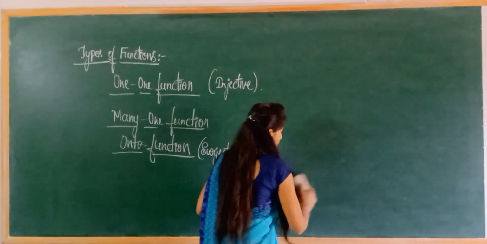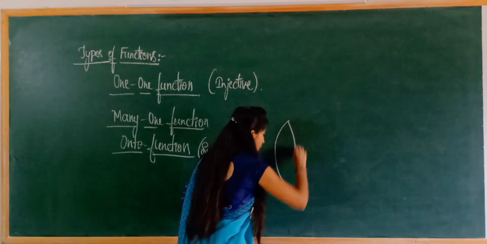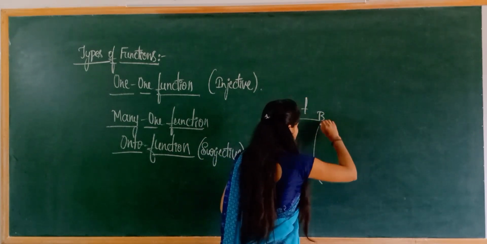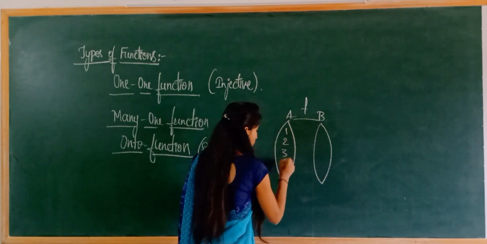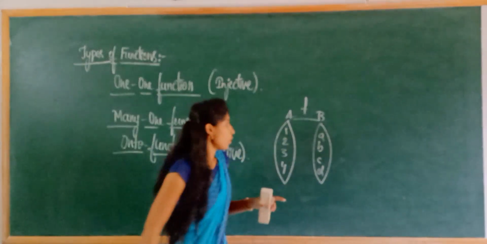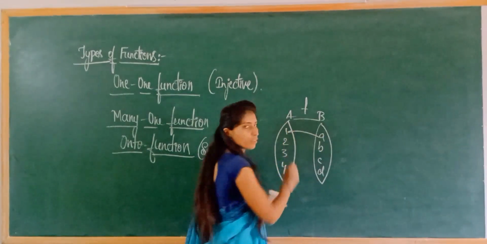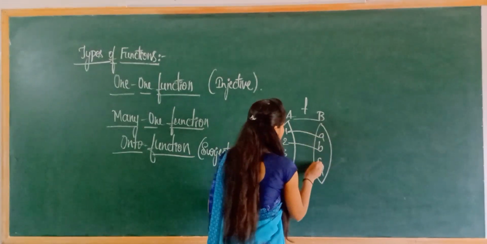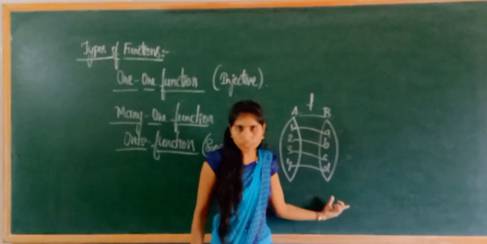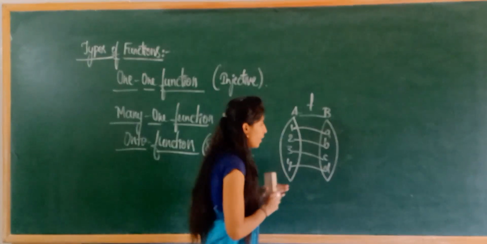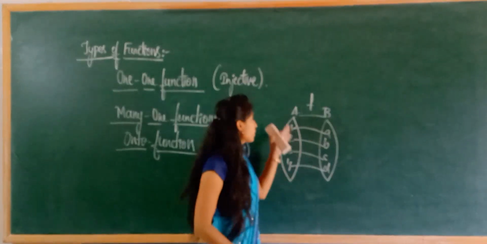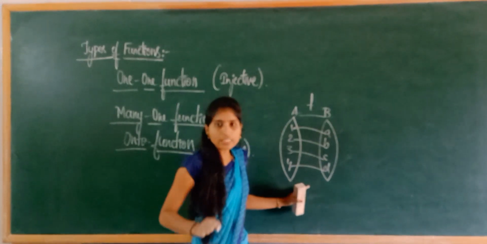Okay, I will write one more. Function f, pre-image. Say 1, 2, 3, 4. A is related to 1 like that. Okay, and B to C and C to D. In onto, range should be equal to codomain. Okay, this is onto function. Now each element of codomain has at least one pre-image in set A. For that we call it as onto function.